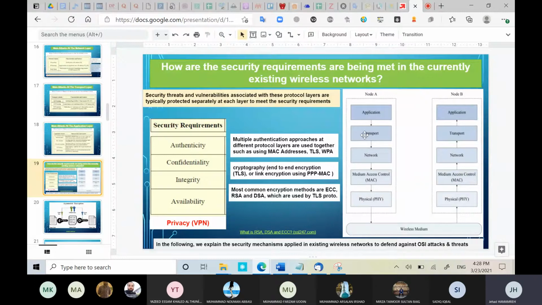How can we prevent these attacks? So the way that's being done right now on the wireless standards, on the wireless networks, is as follows. For authentication, there are multiple methods that are being implemented at different layers of the OSI protocol model. For example, you have different approaches applied at different protocol layers, such as using MAC addresses to authenticate the